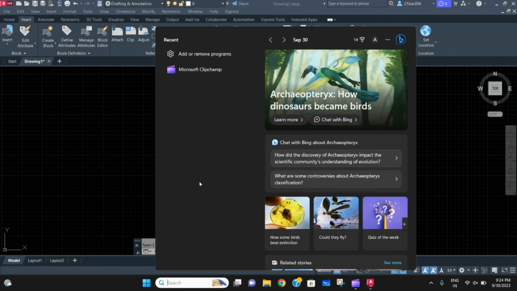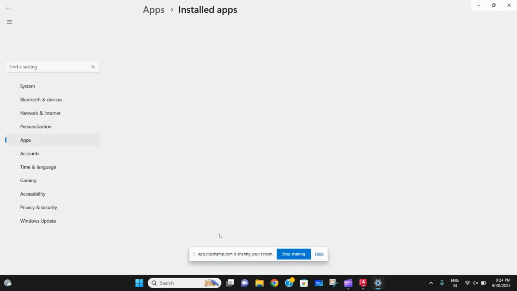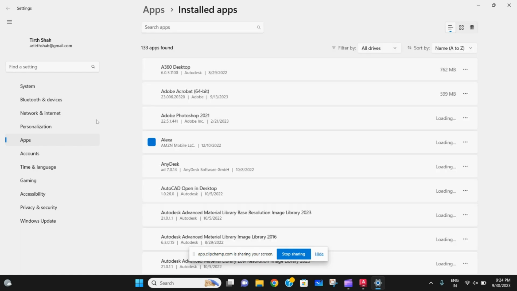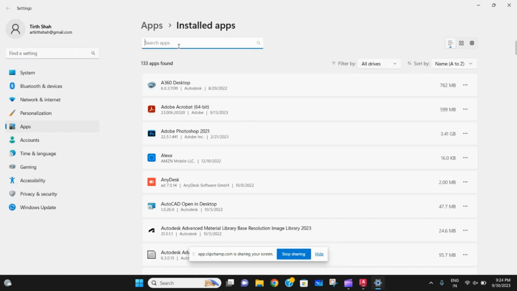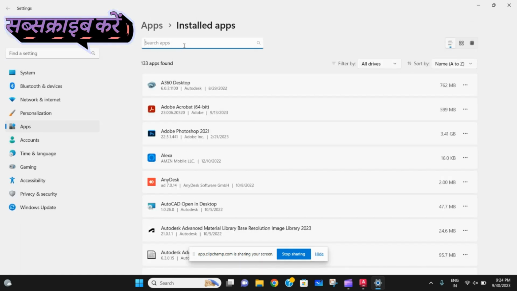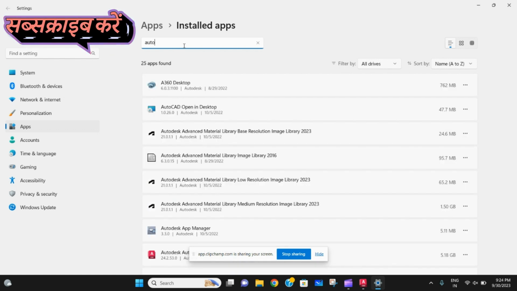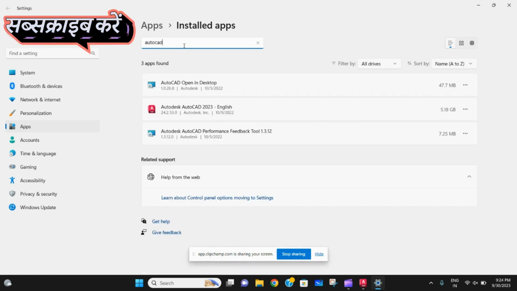For that you have to go to Add or Remove Programs in your settings menu, and as the tab opens it will show installed apps. In that, you just need to search AutoCAD. Okay, so these three files will come, which is for the setup file, and one file, this performance feedback